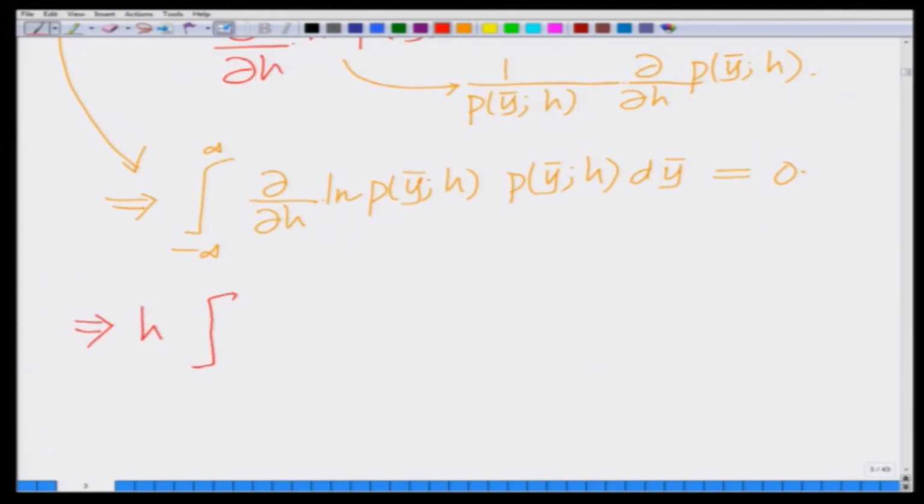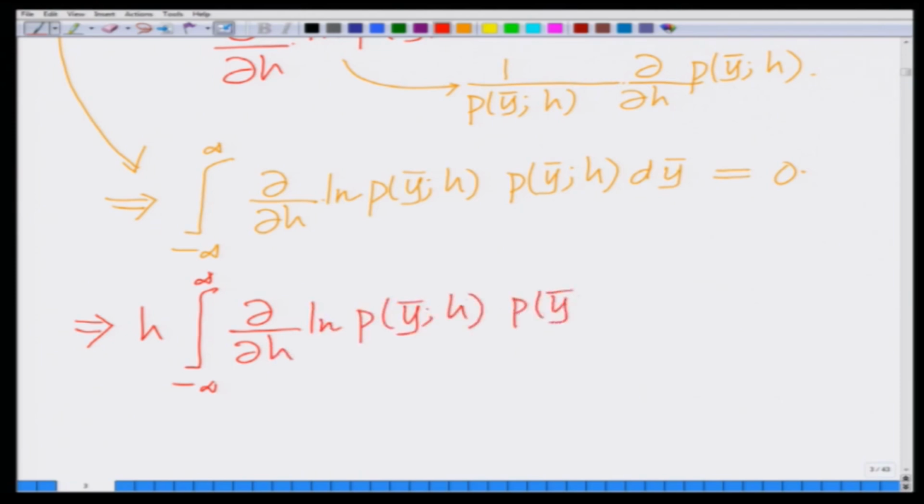So, multiplying by the unknown parameter h on both sides, I have h times the integral from minus infinity to infinity of the derivative of the log likelihood of p y bar parameterized by h, times p y bar parameterized by h, dy bar is h times 0,